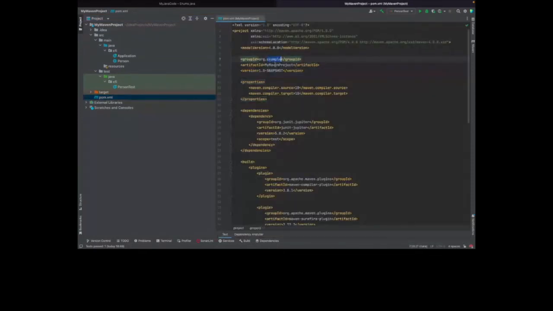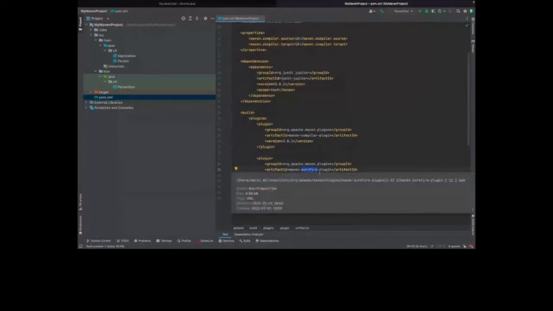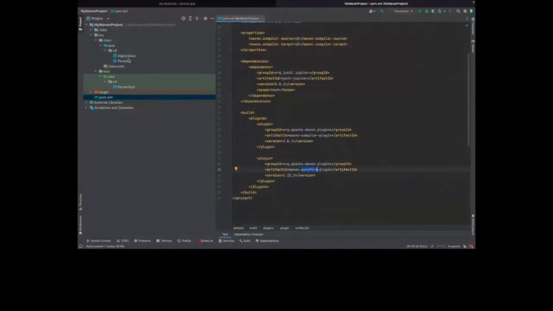The fact that it's called my Maven project, it uses Java version 18. I depend on these libraries of these versions, and I'm going to use it in test. And to build my application, I'm going to compile it and then use the Surefire plugin to run my tests for it. And then the other thing that Maven does, as well as having a POM file, is it forces you into adhering to a very clear, structured directory structure.